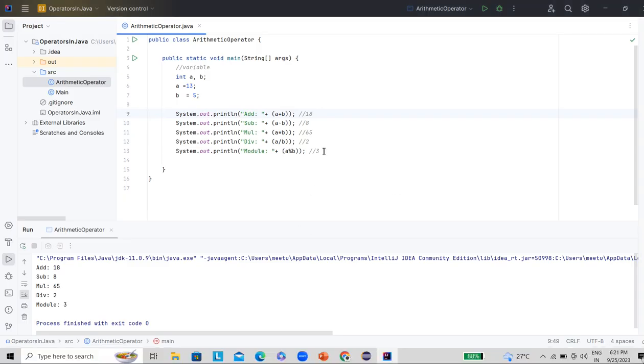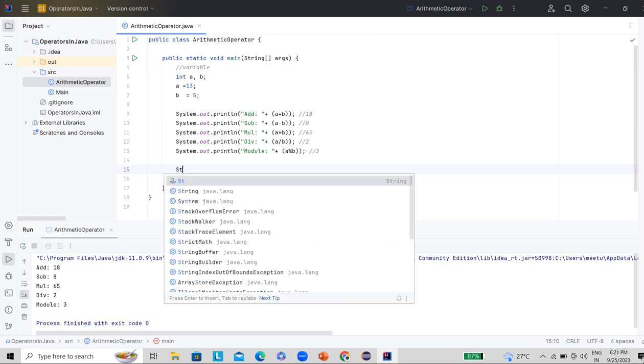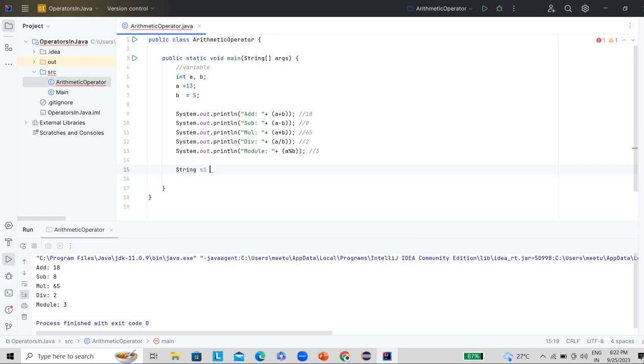Let us see it in action here only. Let's create one variable called string s1 and assign some value like well. Let's copy this three times.